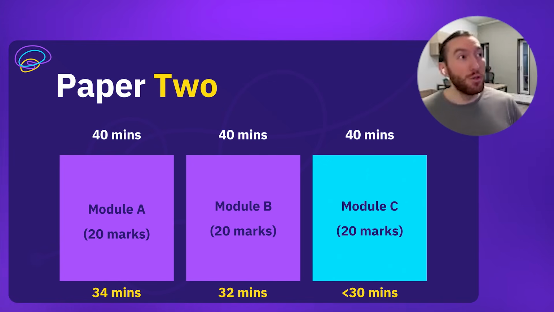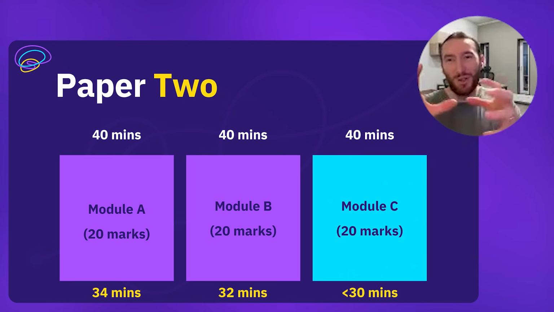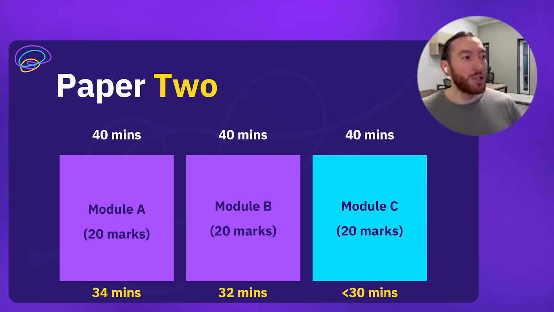Now, paper two, just going ahead here, 40 minutes each section. Do that paper in order as well. You should do this paper in order. There are the times, 34 minutes for module A, especially if you're doing English advanced because you've got 2 texts. It can be a bit more dense. 32 minutes I would aim for with module B, and less than 30 minutes for your module C, so that